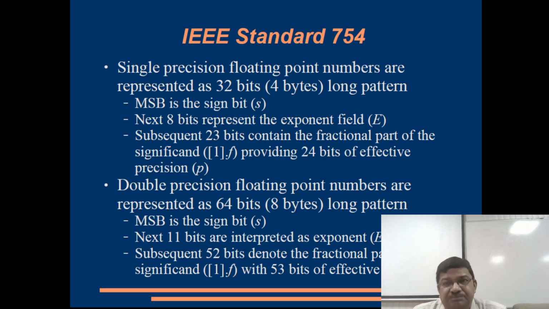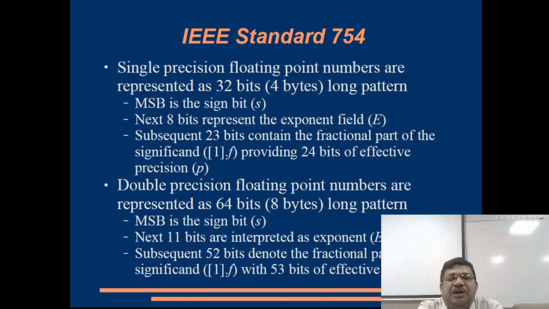Double precision, just the double capacity. Instead of 32 bits, you have 64 bits. Out of 64 bits, one, the most significant bit, is again the sign bit. The exponent field is now 11 bits, right? And the next 52 bits are the fractional part. They store the fractional part of the mantissa,